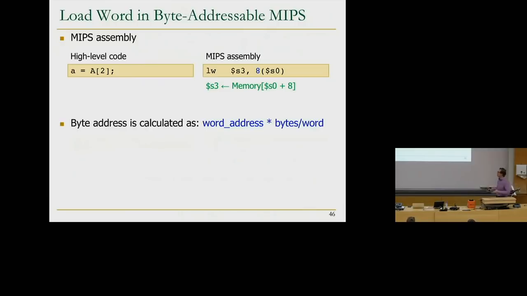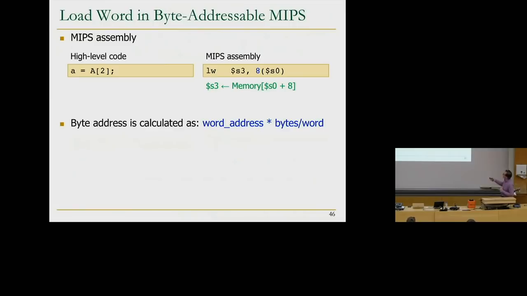So how do you calculate the byte address? I just told you. More formally, you take the word address, which may be in your array. So at the high level, the programmer is operating on words. It could be operating on something even bigger. Then you need to multiply it with something bigger, right? It could be like 64 bytes,